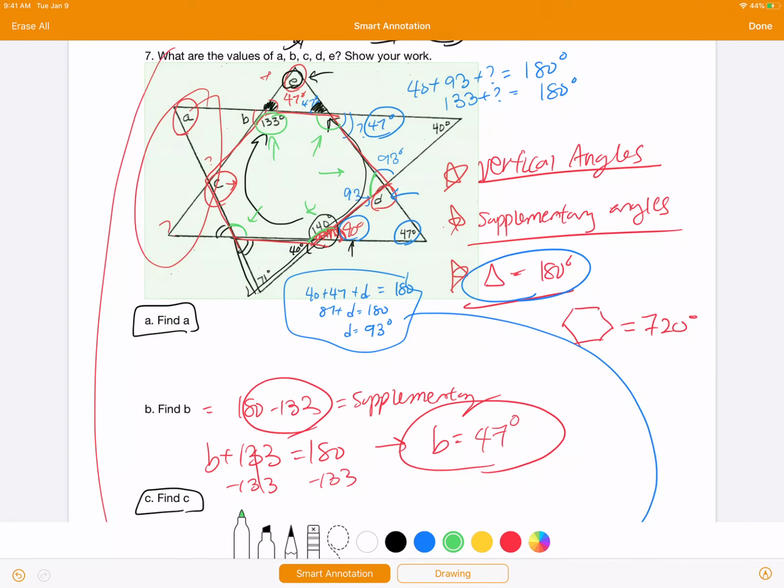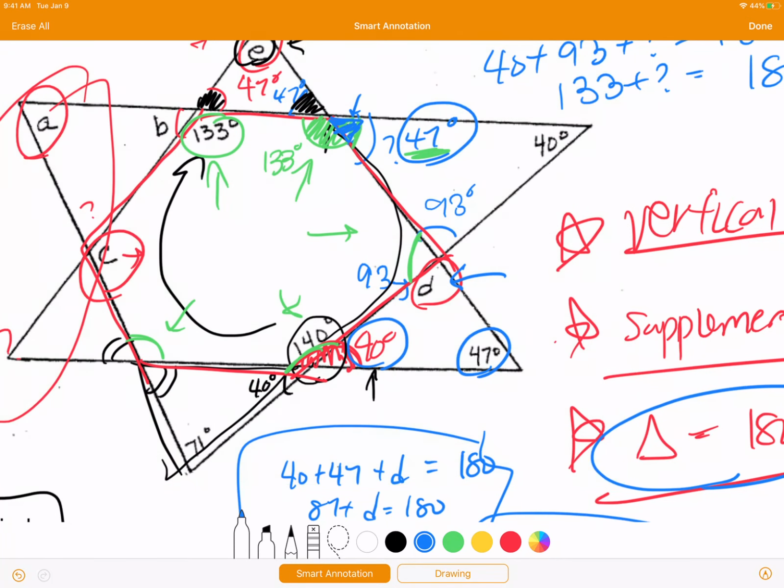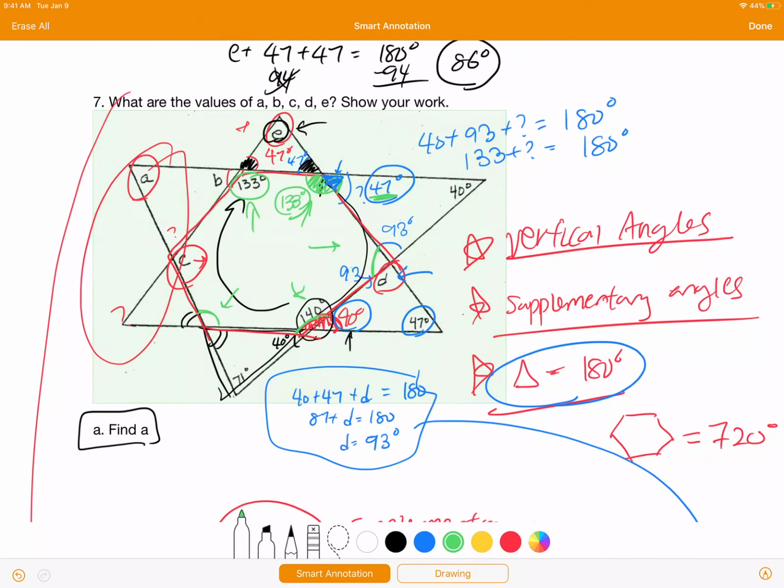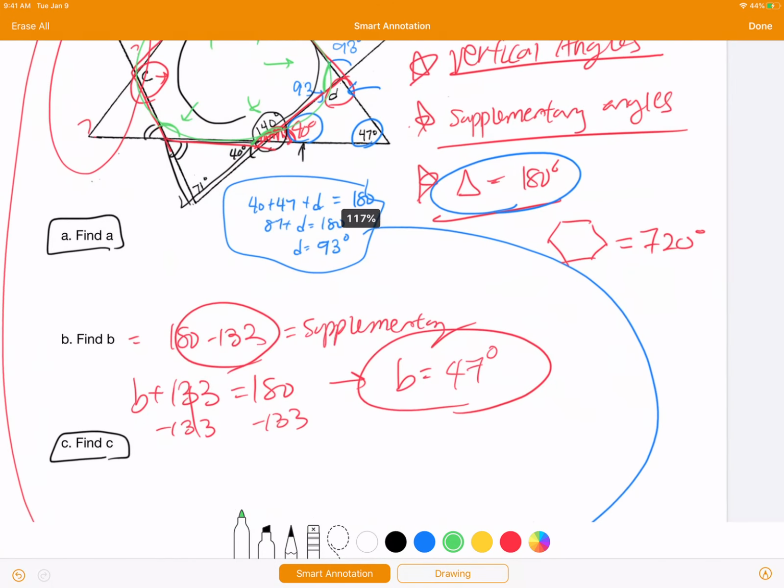Yes, you can, because it's supplementary to 47. For example, this angle right here should turn out to be 133 degrees as well, because 47, the thing that we just found out for this blue part, right here, should be supplementary to 133, which is right there. So by doing the supplementary angles all around this, and then subtracting away all the green portion,